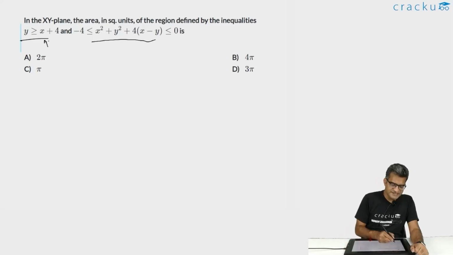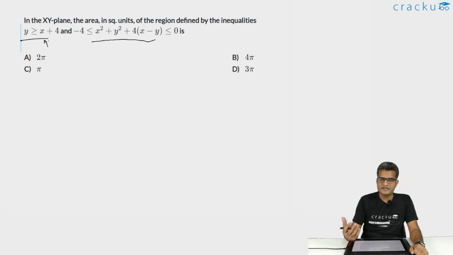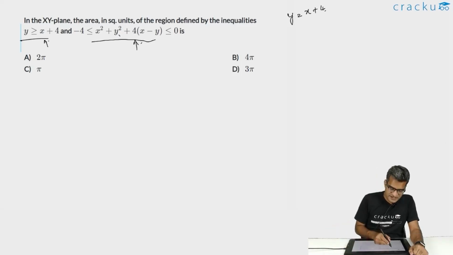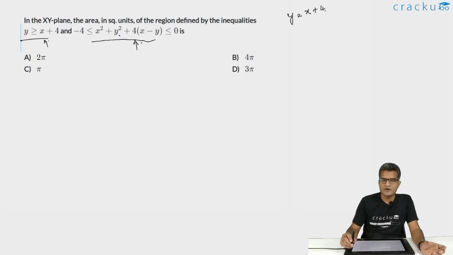This is basically a straight line, because if you are looking for the regions that are bounded by curves, we will first use the equalities. So if you are looking at y is equal to x plus 4, this is a straight line. Similarly, over here we have two inequalities, but both of them represent a circle. What does that mean? This means that if you are looking at the expression that is bounded within the inequalities,